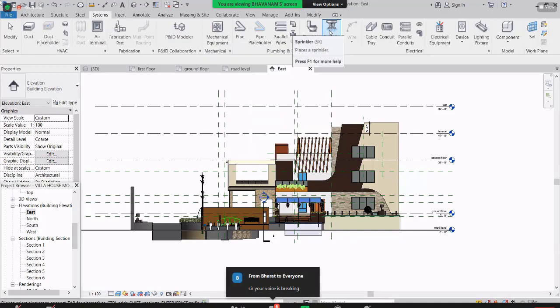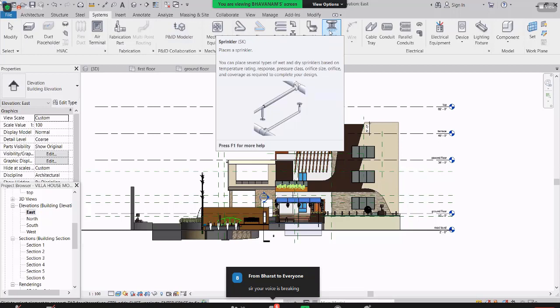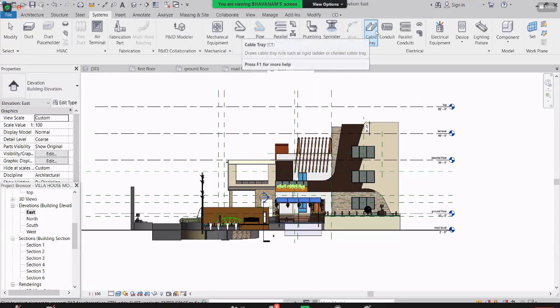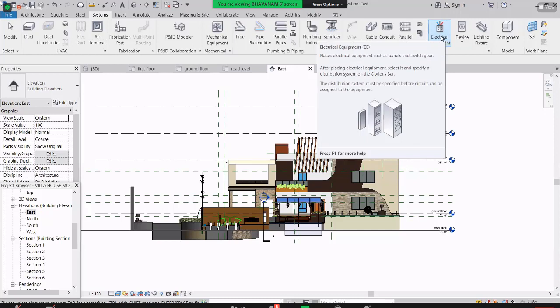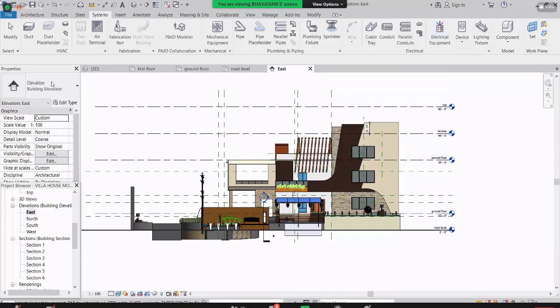By animation also we can see how it works. If you see some videos anywhere, you can understand that whenever a fire happens, the sprinklers automatically open up and cool down the fire. Okay, so here is a cable tray and conduits and parallel and electrical. See guys, here we have electrical equipment. Electrical equipment means, if you want to draw any, but if you go for a small storey building, we never go for the electrical equipment. Okay.